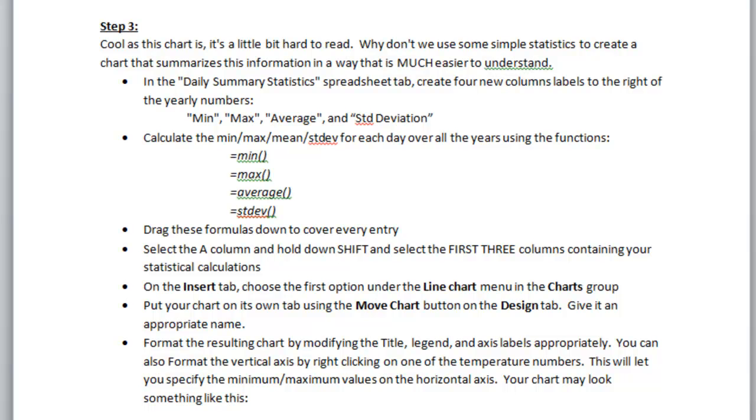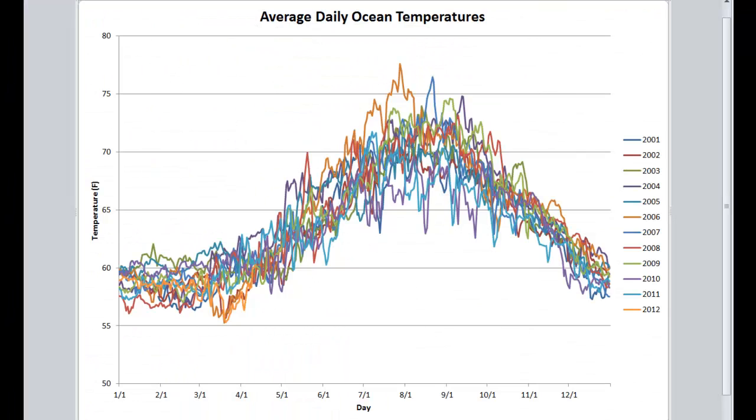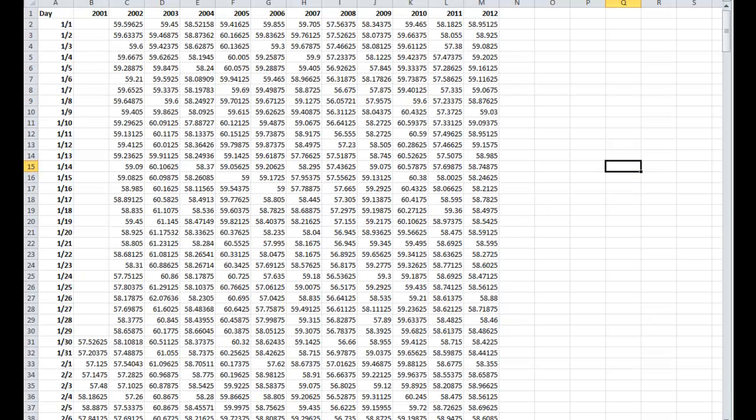As cool as our chart is, it is hard to read. It's hard to see exactly what the range of temperatures is. Right? It's just too busy. So what we want to do is go to our daily summary statistics sheet here, and I'm